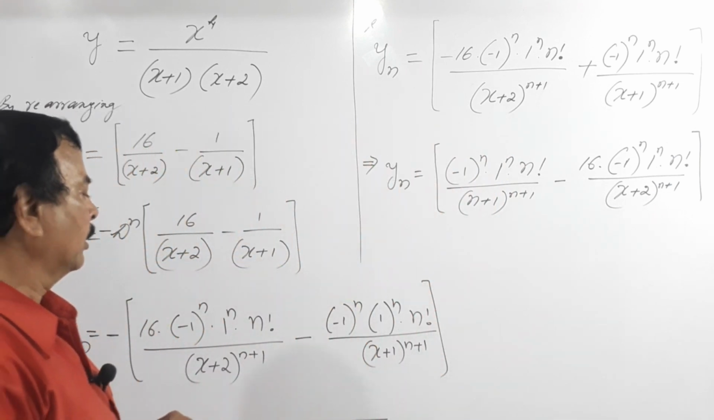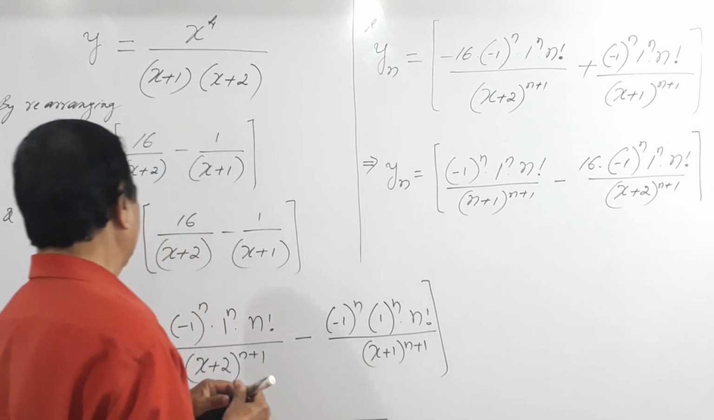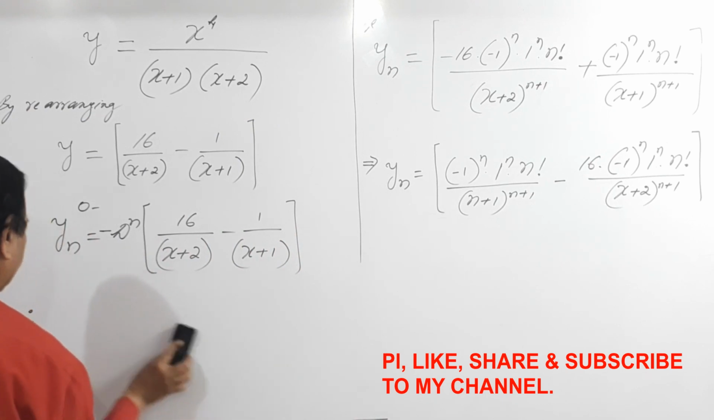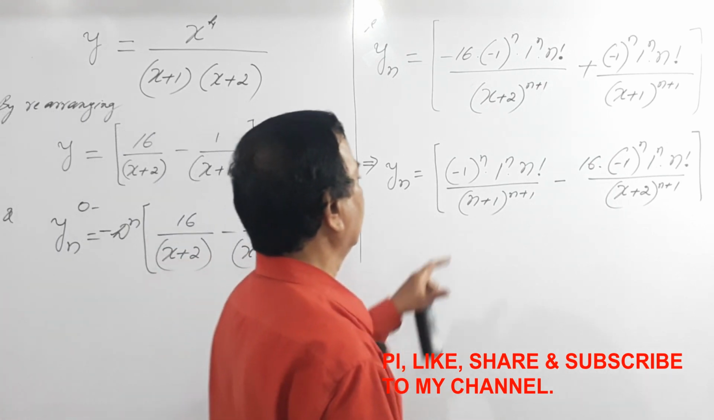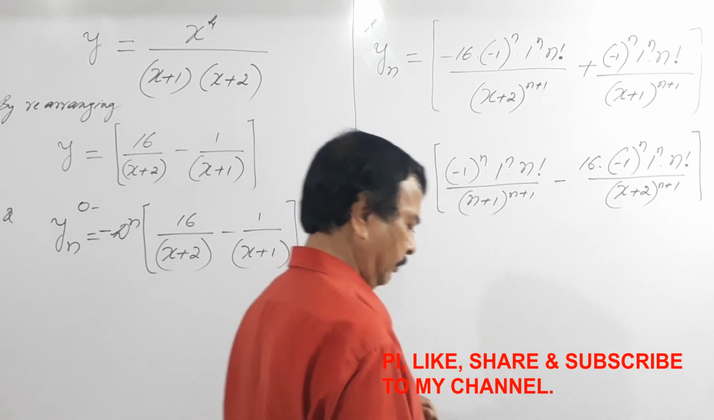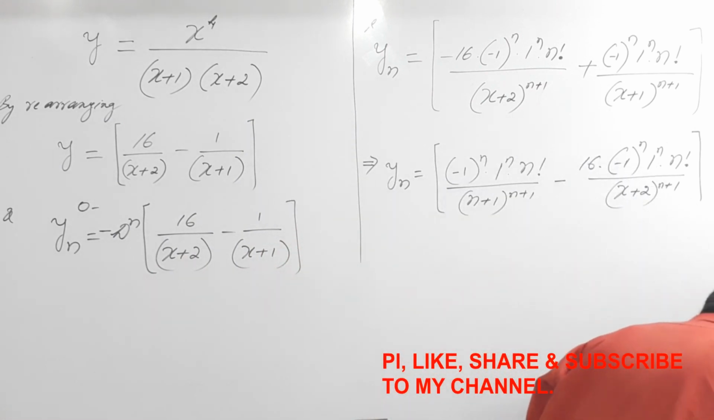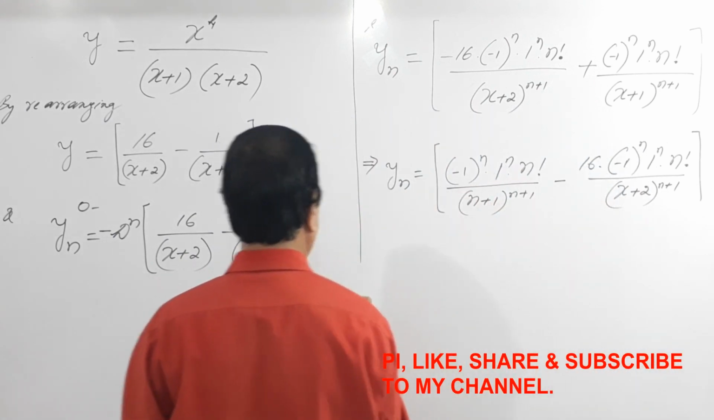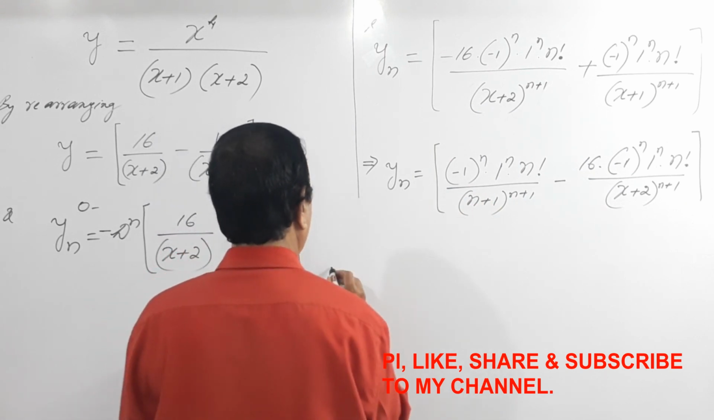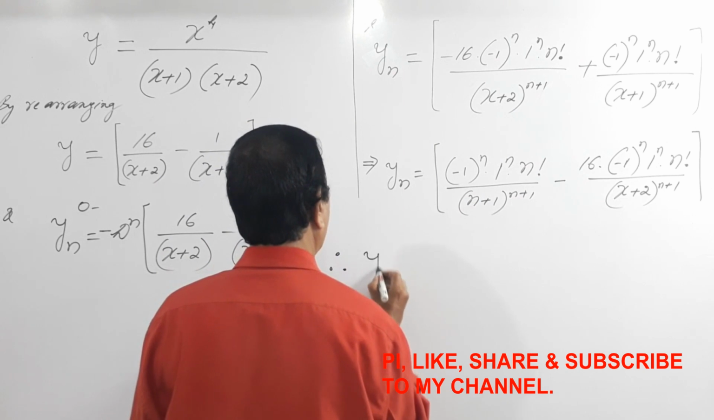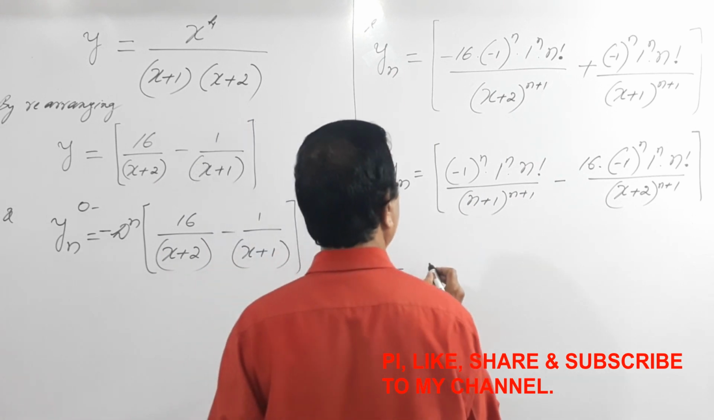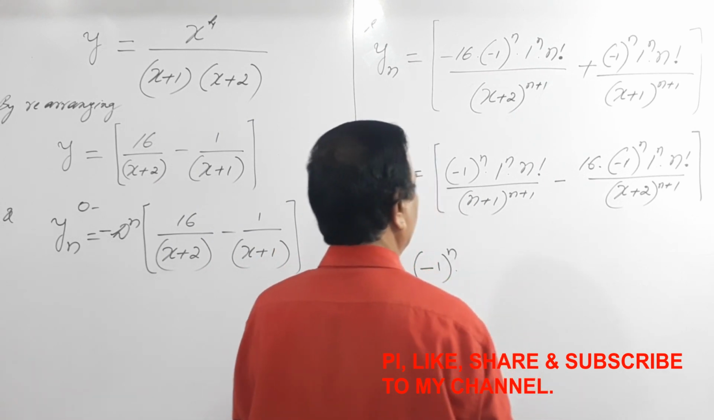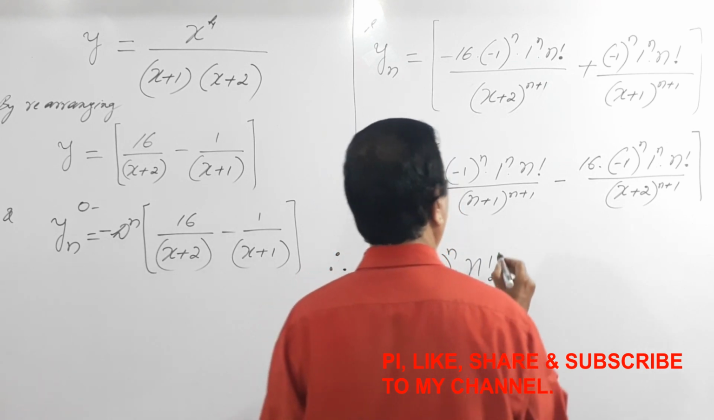Now dear students, what is common here? I'll rub this. What is common? n and 1 is common. We have got, therefore yn will be what? I'll take this minus 1 to the power of n into n factorial